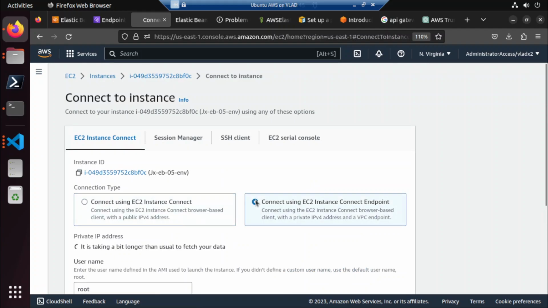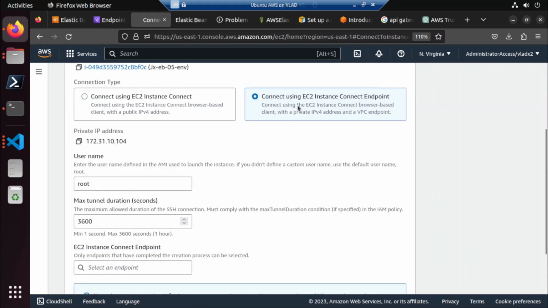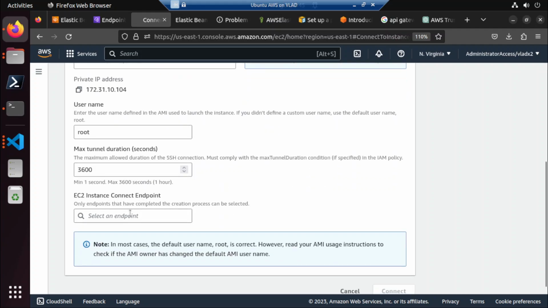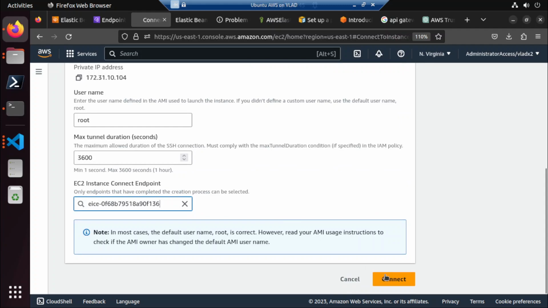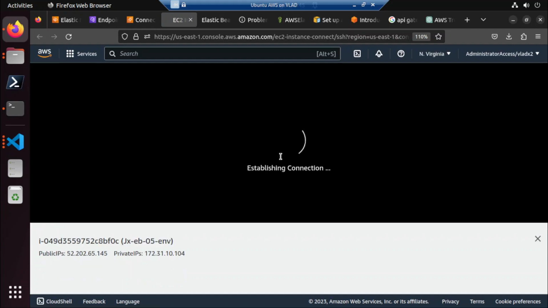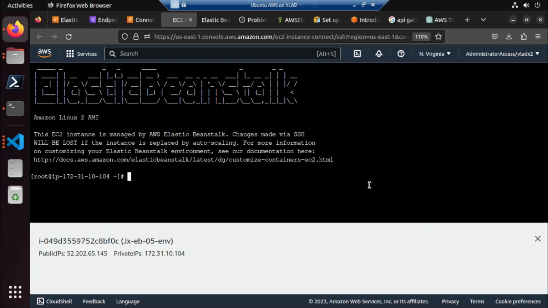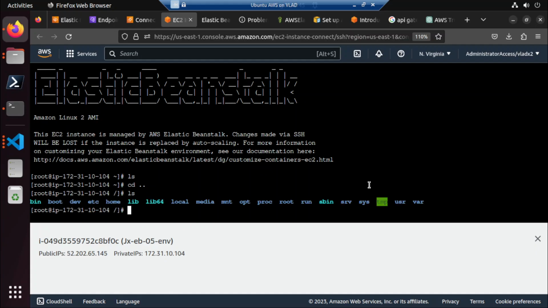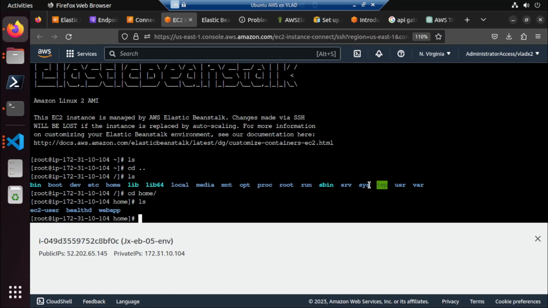Let us connect using the Instance Connect endpoint, and this one should have that. Then let's connect. 05 environment, establishing connection. We are now 1 hour and 17 minutes into our video, and there you go. Let us find our application. Where is it located now? Is it in home? Health web app. So this is the web app,